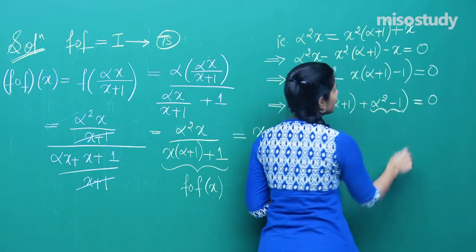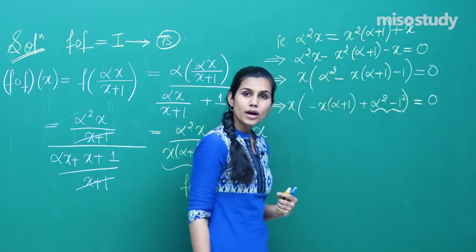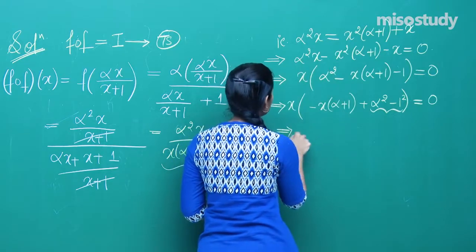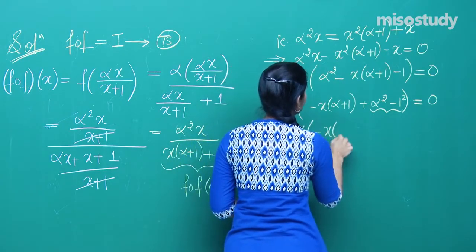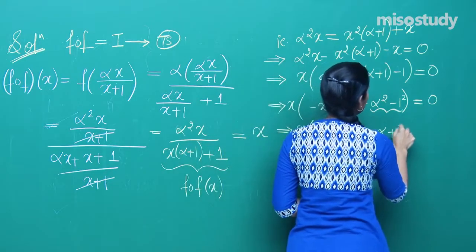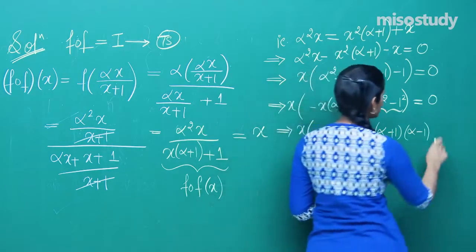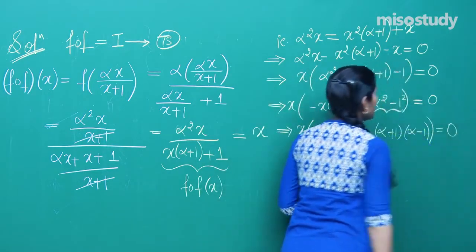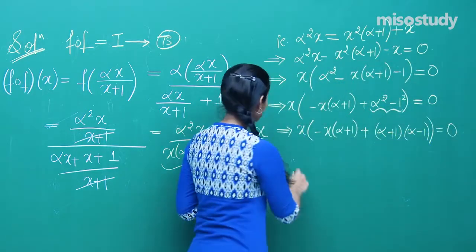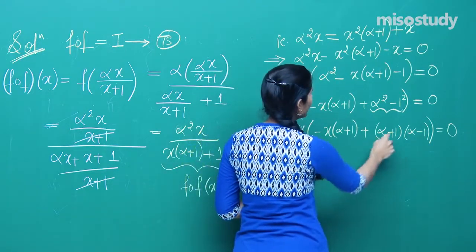But you know what is a square minus b square, because I can write 1 as 1 square. So this happens to be x common minus x times alpha plus 1 plus a plus b into a minus b is a square minus b square. This is what you get,